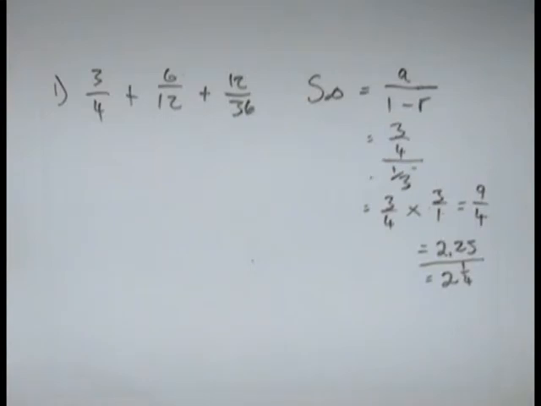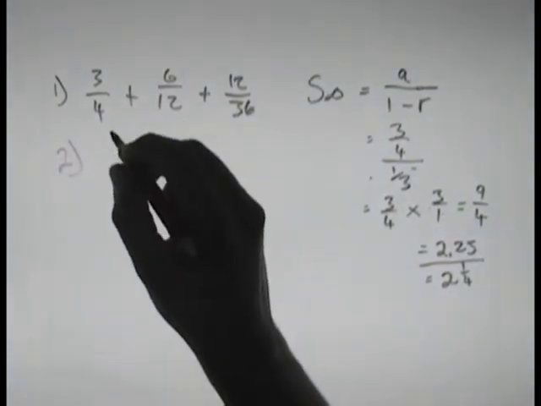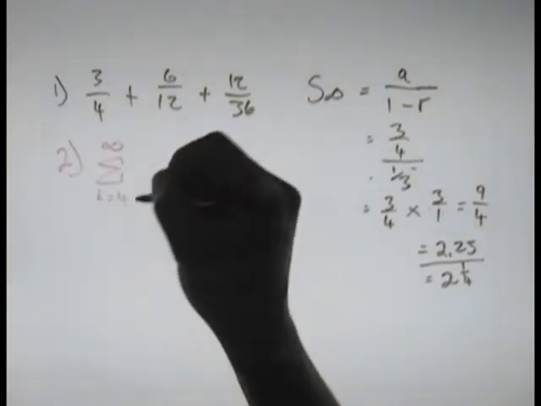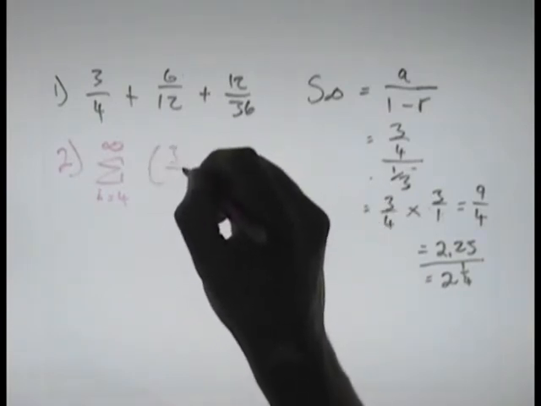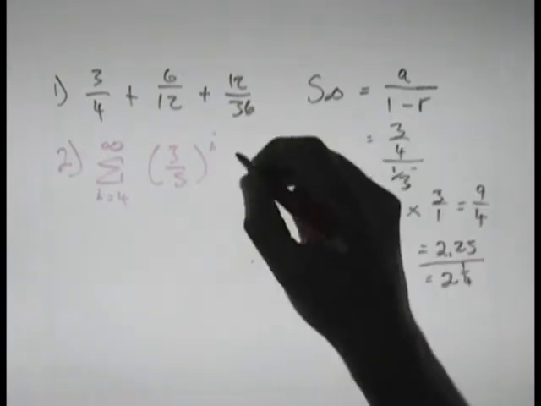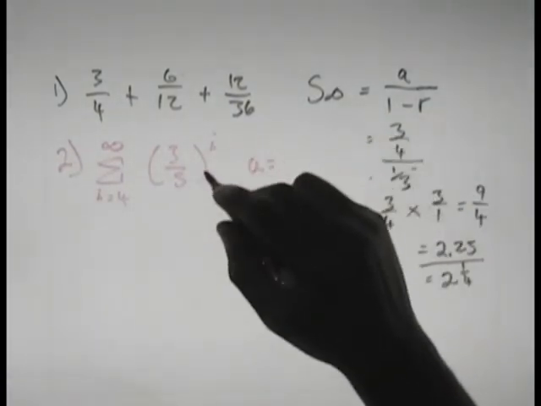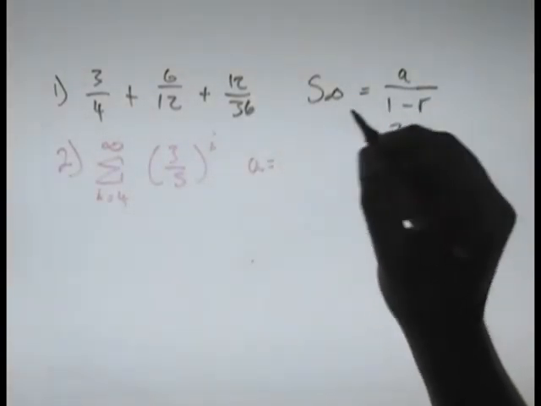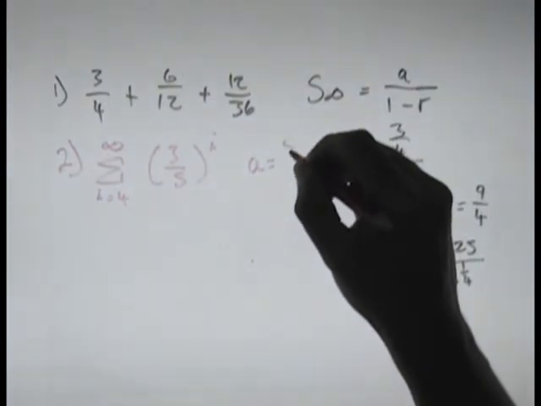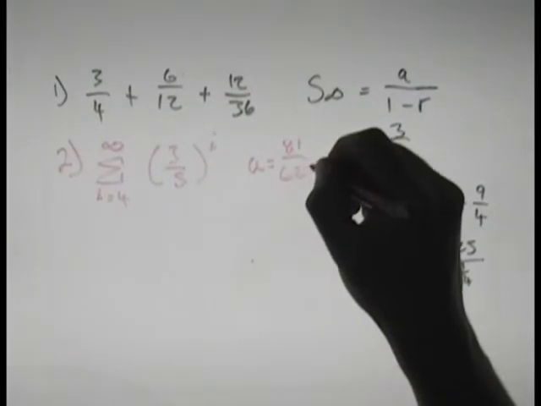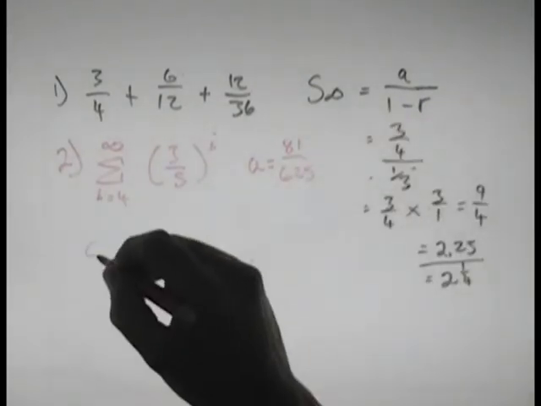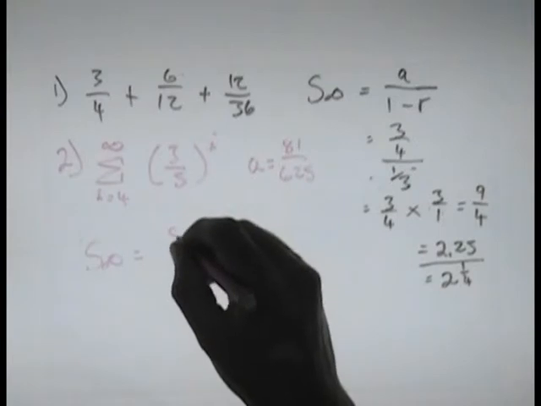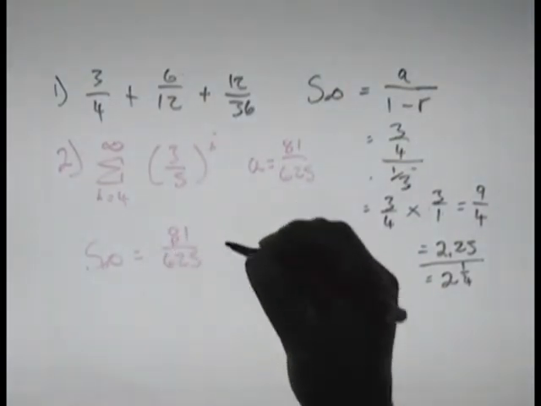The second one I gave you to do was also a sum to infinity. Because of that, I is equal to 4. That's just giving us our first term, by the way, 3 over 5 to the power I. That means that our first term, our a value, is equal to 3 over 5 to the power 4. 3 to the power 4 is equal to 81. 5 to the power 4 is 625. That means that the sum to infinity in this case is equal to a, which is 81 over 625, divided